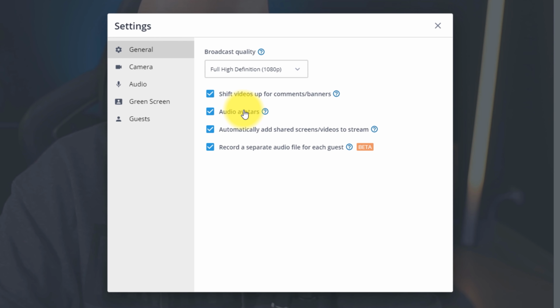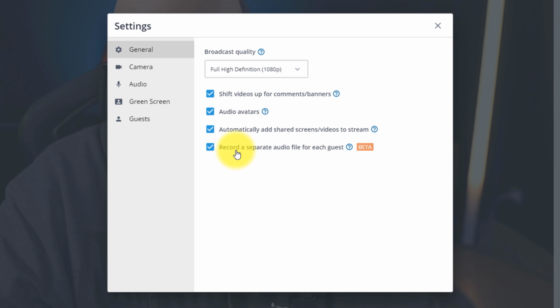And if it shifts it up, then it's going to take your image and shift it up, and then show that comment underneath it. But you can turn this off, and if you turn this off, then that comment is just going to overlay right on the screen. For the audio avatars, what this is for is if, let's say you don't have your camera on, it just shows a little icon to let people know that there's something there instead of showing a black screen. So I recommend that you keep that on.